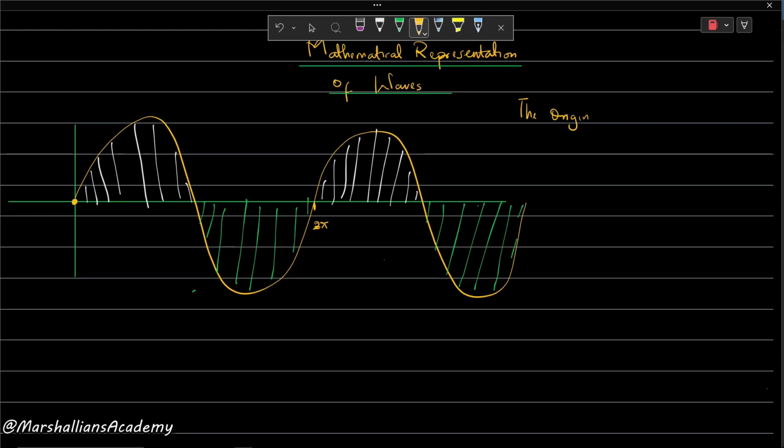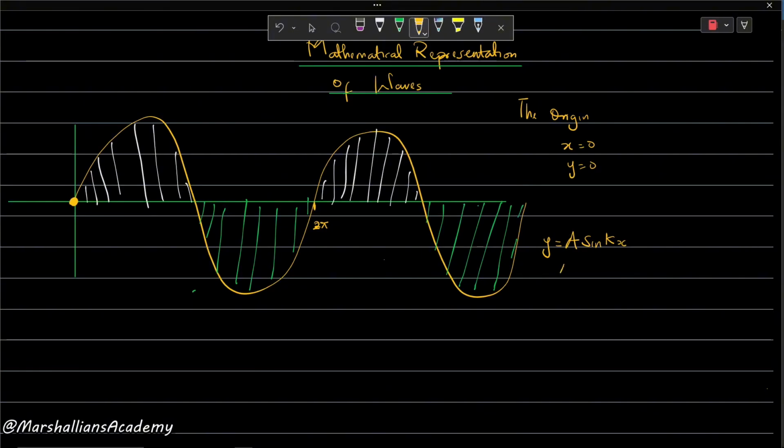Should the wave start from this particular point here, x equals 0, y equals 0, like this wave you have on the screen, then you could mathematically represent this wave as y equals A sine kx,